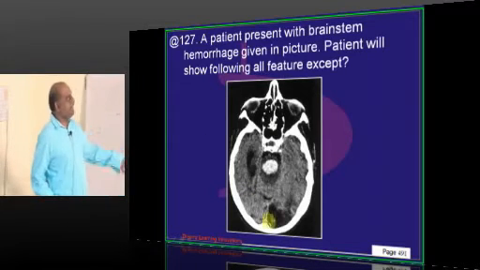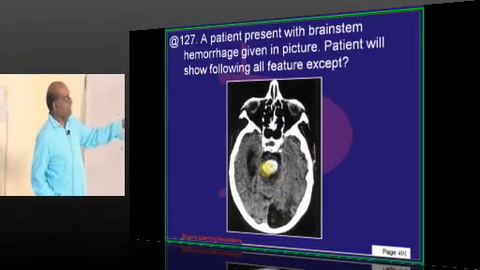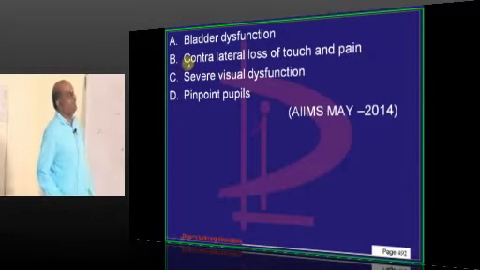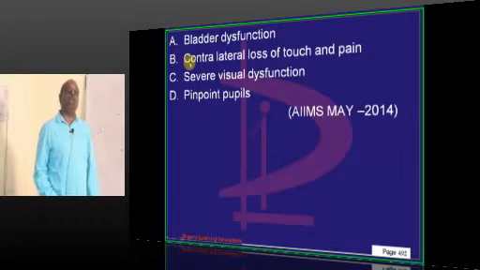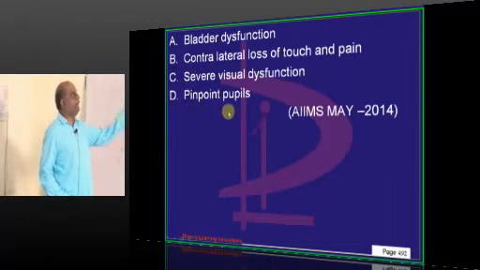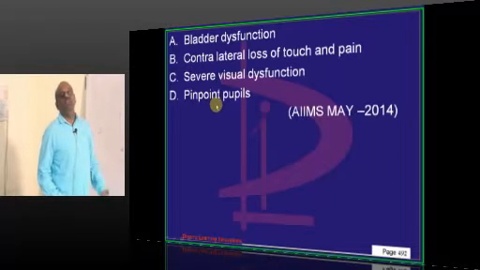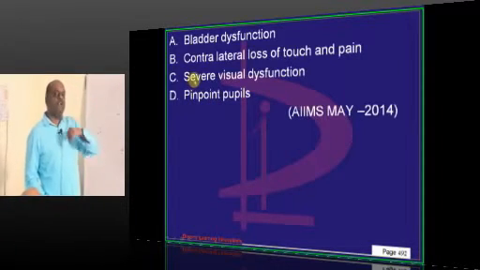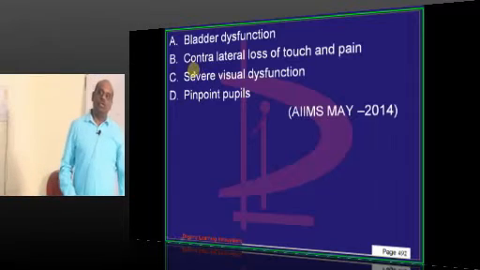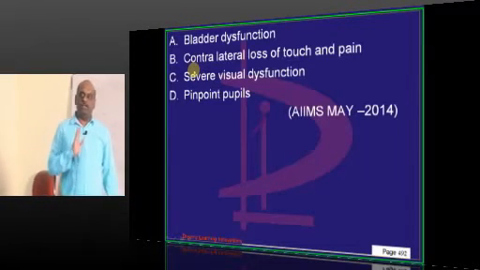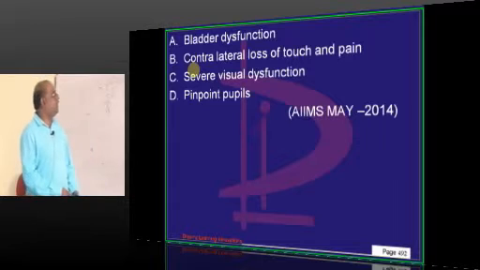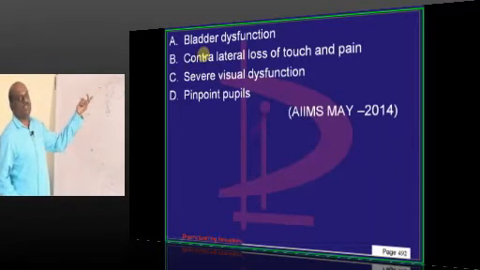One CT image was given like this. Actually, it is a pontine hemorrhage. So the question of the examiner is, what do you expect in pontine hemorrhage? We can expect pinpoint pupils, we can expect visual dysfunction, and through the pons what is passing? Through the pons, the spinothalamic tract is passing, trigeminal is passing, etc. So loss of pain and touch will be there because